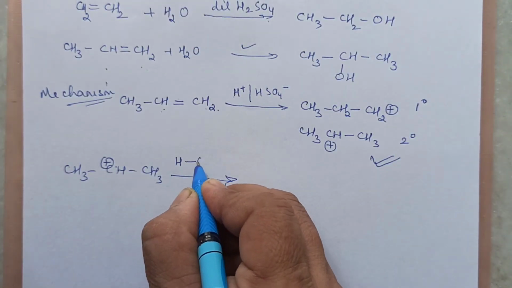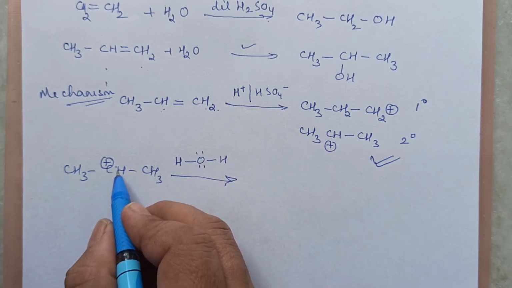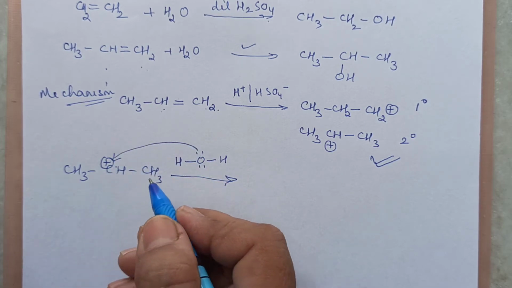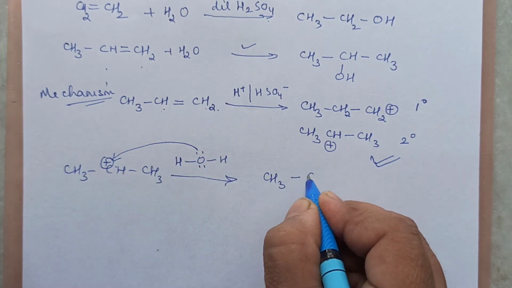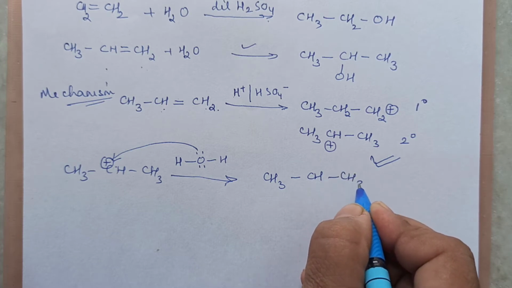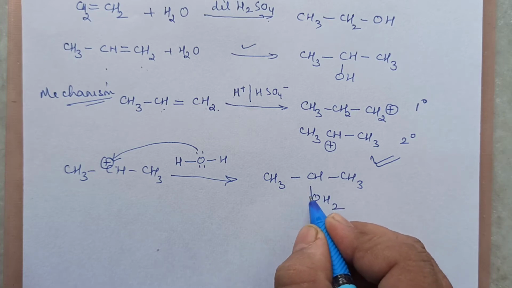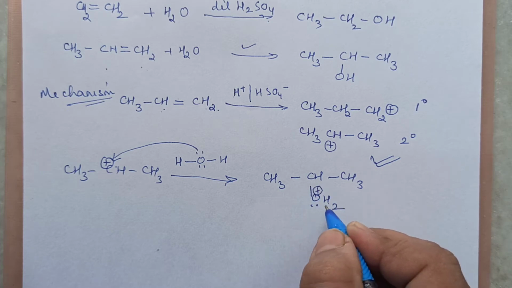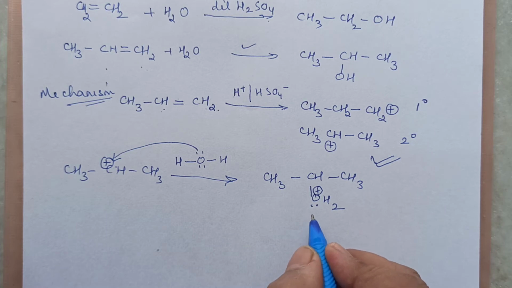Now that water has two lone pairs on it. Okay, the carbon having positive charge now will be attacked by this lone pair. It will try to pull some electrons towards itself. So when this attracts, what you get is CH3, CH, CH3, and this water gets attached here with one lone pair. So only one lone pair will be left behind, and this oxygen now is having 3 bonds, so it will get a positive charge. Right? Now, this is the protonated alcohol.